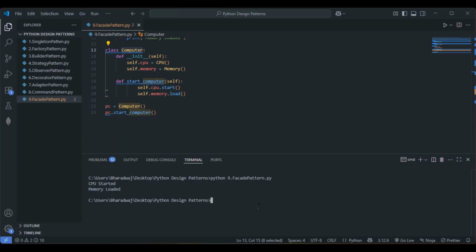There are more patterns, I wouldn't lie. There are many patterns as well. These are the 10 important patterns, right? We did the same thing in JavaScript as well, so you can look into that too. State pattern, you can go with chain of responsibility, prototype, or abstract factory. These are some of the patterns you can explore, but usually we don't make use of them. Usually we make use of these 10 patterns, so that is the reason I thought of making videos on these 10 patterns. And the final pattern is going to be this one,